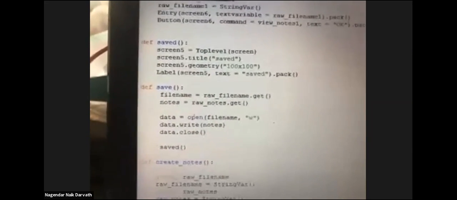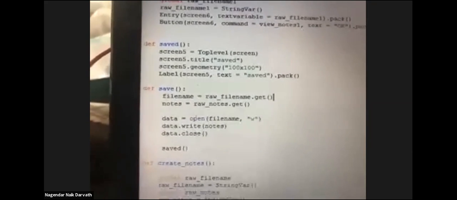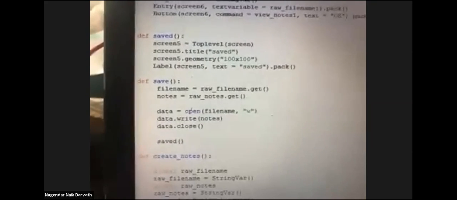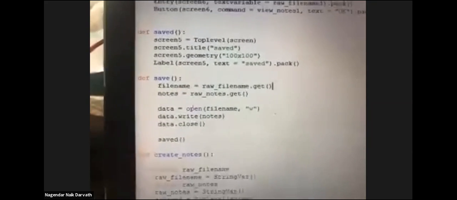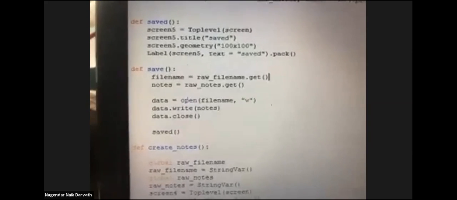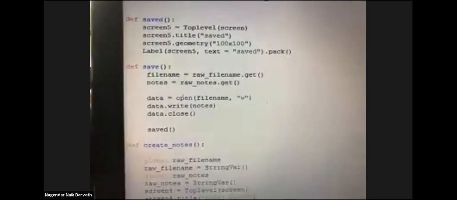The file and its content are saved: employee name and details, or student name, roll number, details, parents' contact number, everything is stored. Then you need to view it, right? You need to access it later. First it is created, now creation is done, and saving is done, everything is done.